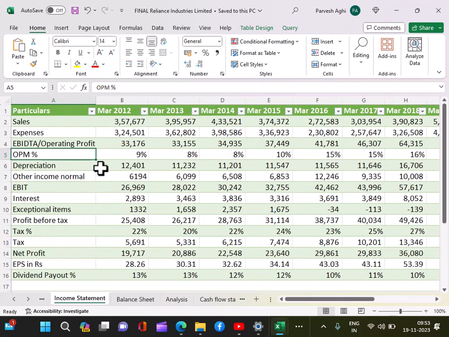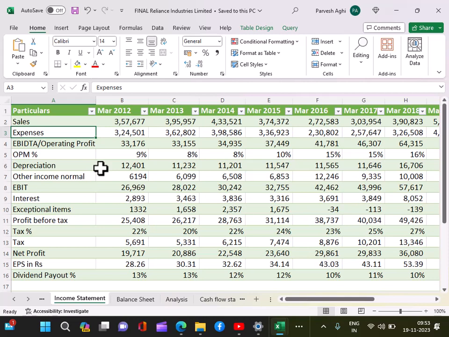So EBITDA is basically the operating income. That means sales minus all your expenses before interest and depreciation, and before adding any other income. We are taking the operational income of the company. So sales minus expenses. Suppose you bought a raw material for 100, and then you hired some people and converted it into a product,